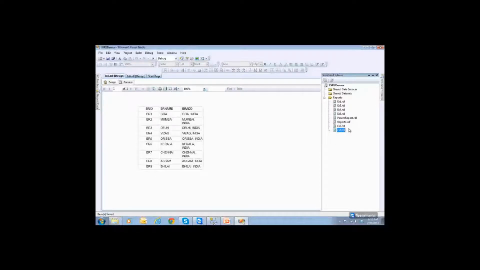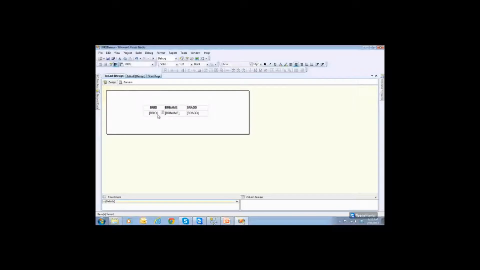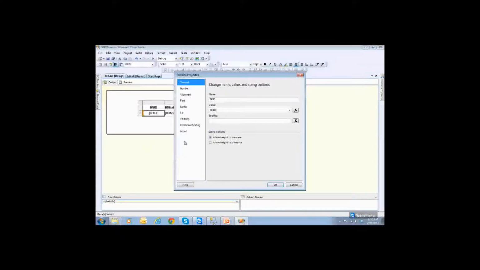Now you go back. We are in exercise 7, and we need to jump to exercise 6. So go to design, and here you right click, text box properties, and choose action. There is an option called go to report. So choose go to report.